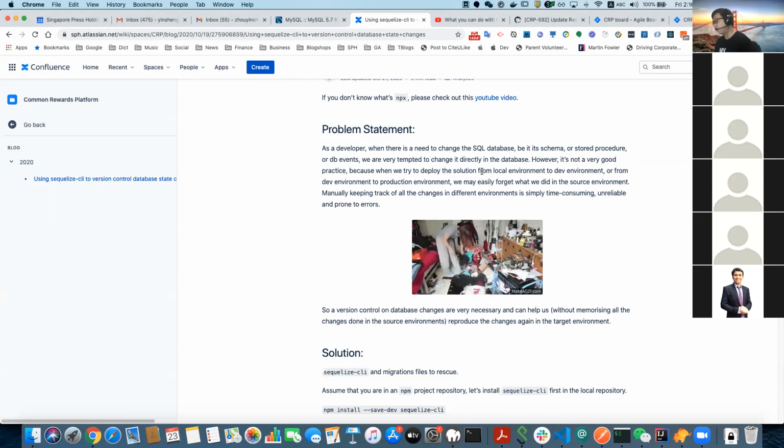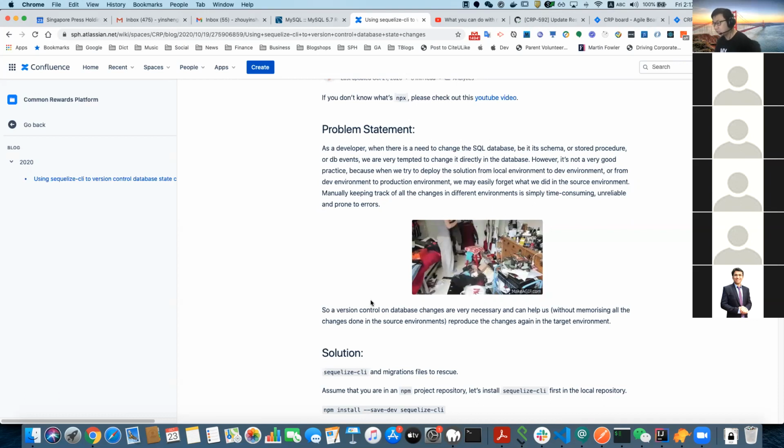And you don't have proper documentation, you don't have a proper journal or logs of what you have done in your local instance, right? How do you manage to memorize all this in your own brain and then bring it to the dev environment? And usually it's very risky and prone to errors to manually track all the changes in your local instance and bring them to different environments. So that's why